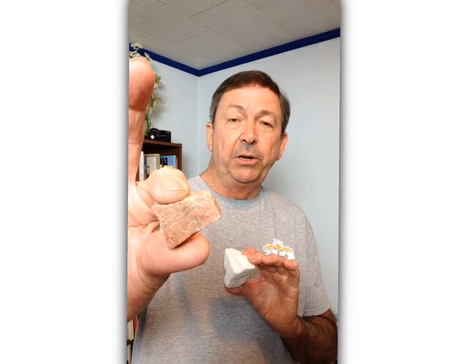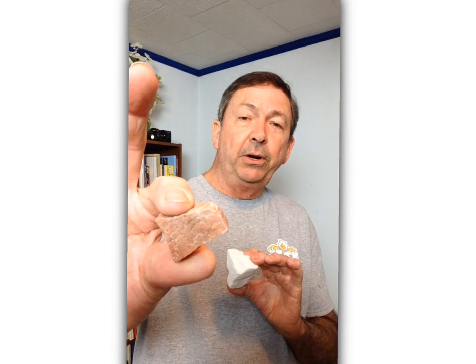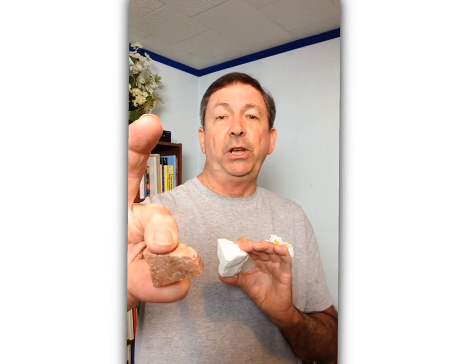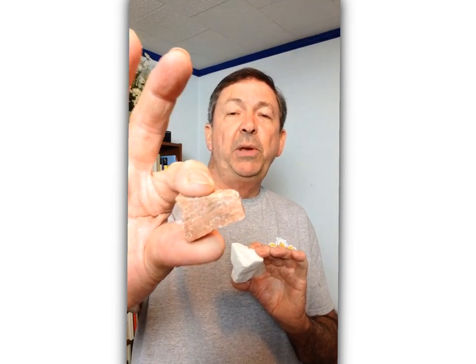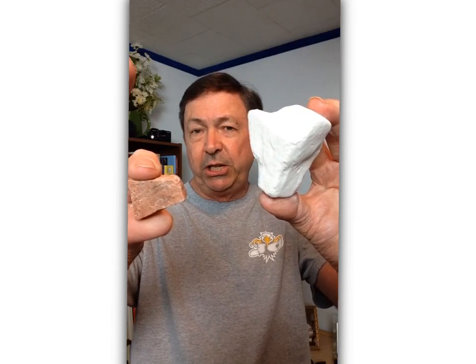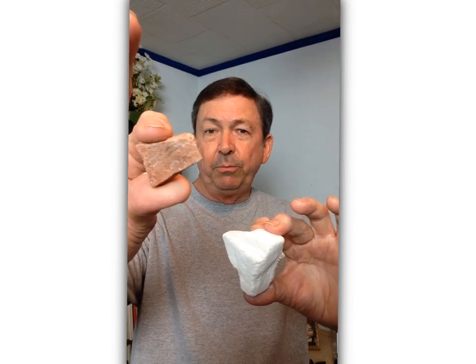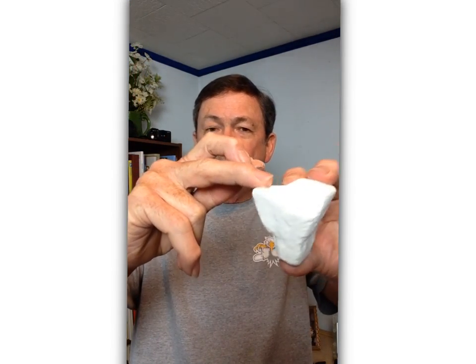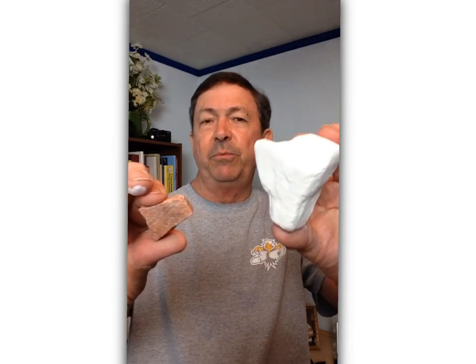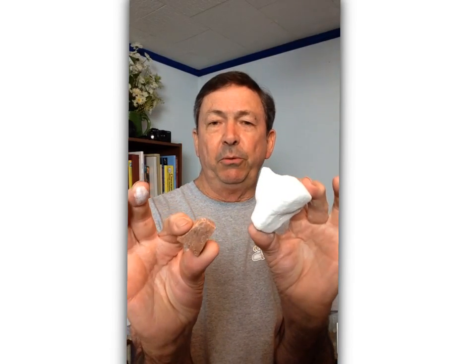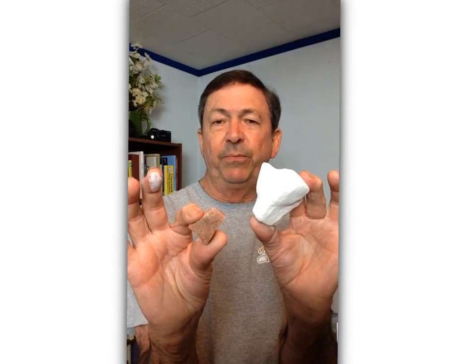Since this part of Georgia was, a long time ago, buried under the ocean, this feldspar, being exposed to all that salt water for millions of years, slowly changed chemically from this hard mineral into this kaolin, which, as you can see, is very, very soft. So this is a chemical sedimentary rock. It's chemically changed from this into this.